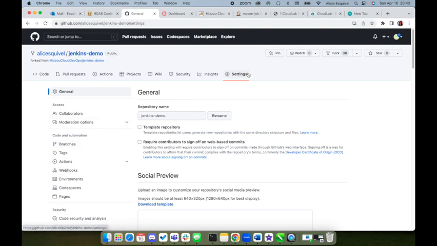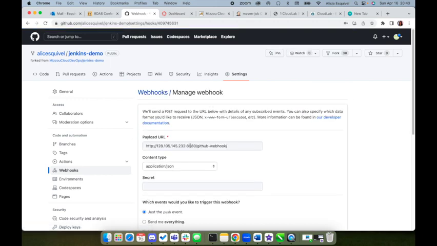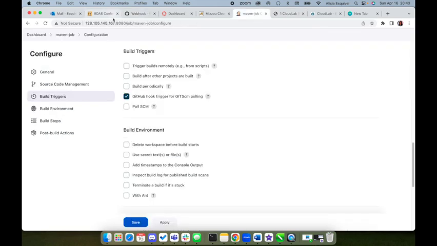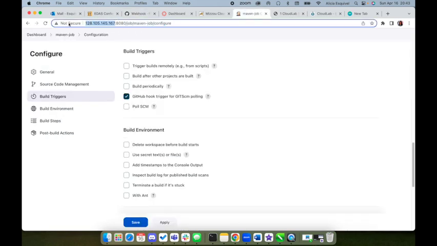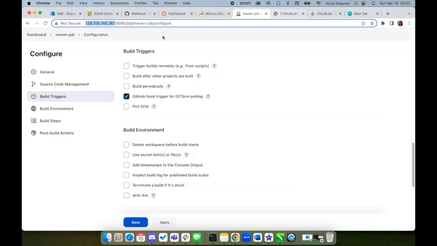So click here, settings, webhooks, and then I'm going to change, in this case, because I already created one. So for you, you're going to have to add a webhook because you're not going to have anything here. But in my case, since I already have one, I'm going to just edit it, and I just need to change the IP address because it's different now. So I'm just gonna copy the first part, which is what I need, and I'm gonna paste that